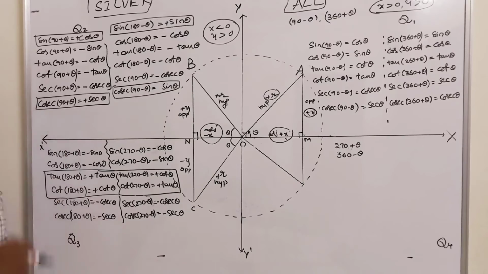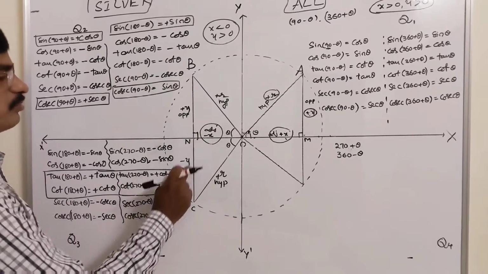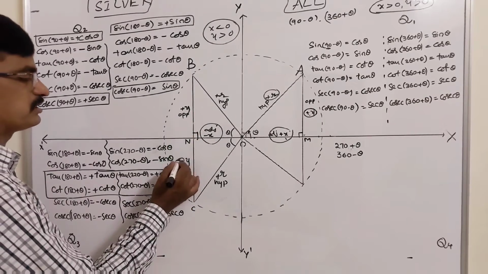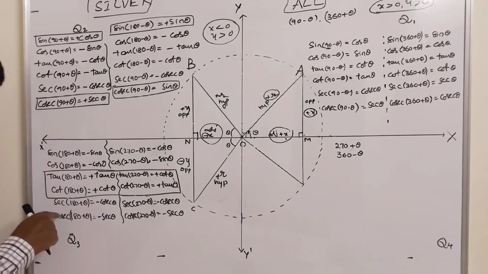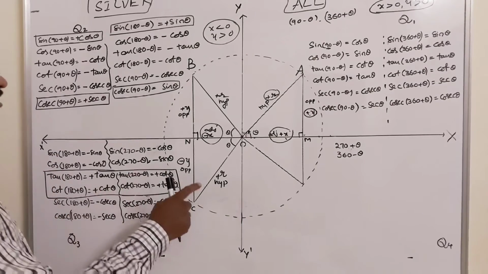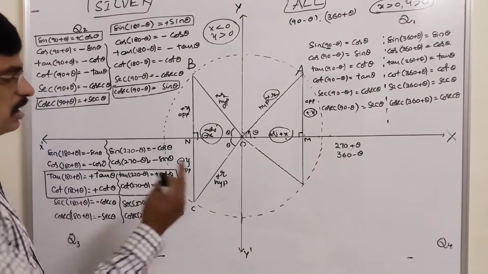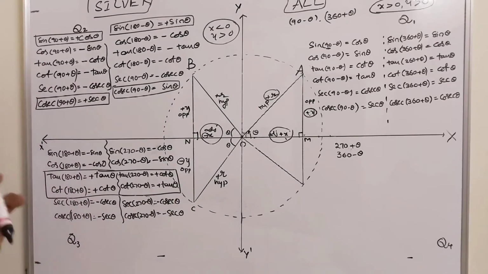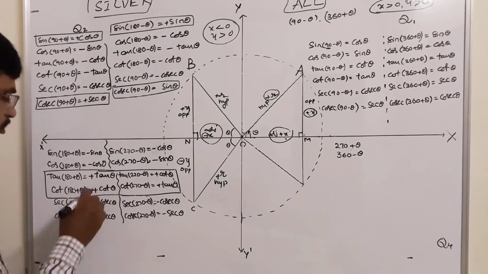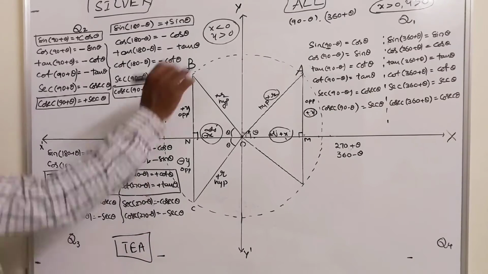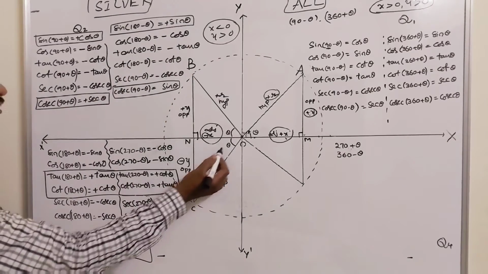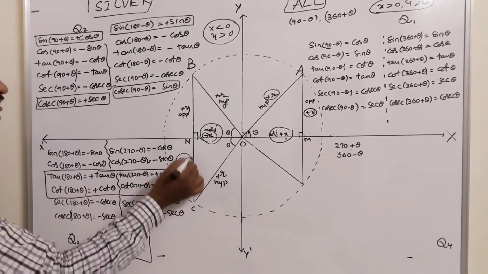So in the third quadrant, only tan and its reciprocal are positive. Why? Tan theta is defined by opposite side by adjacent side, minus by minus plus. Remaining sine, cos, secant, cosecant are linked with one positive, another negative. So remaining are all negative. Okay. So the rhythmic word we have taken here is A S T C, all silver tea. Here see, x is less than 0, y also less than 0.